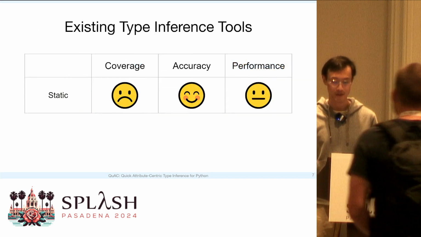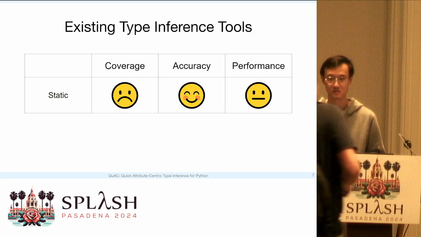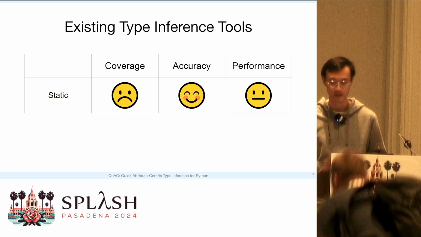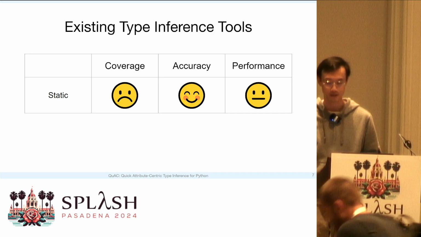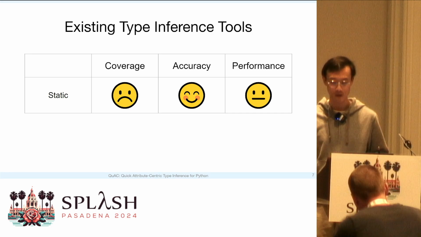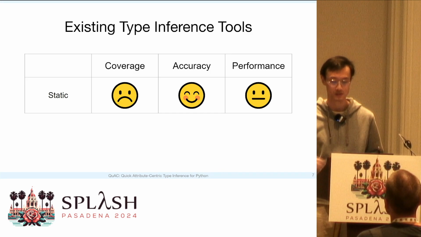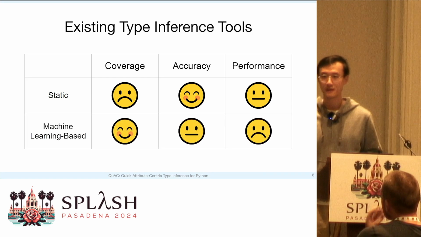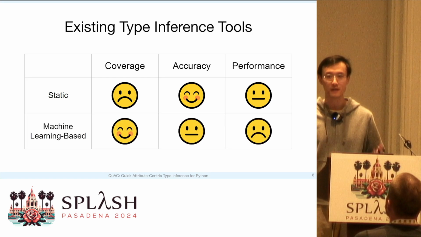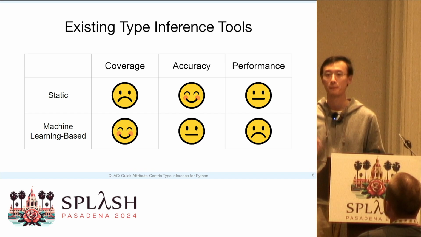Static type inference methods utilize rule-based approaches, data flow analysis, and heuristics to create and solve typing constraints. They aim for correctness and achieve high accuracy with simple types in limited contexts. Machine learning-based methods use natural language cues with various machine learning models. They can handle the complexities of Python and can improve coverage.